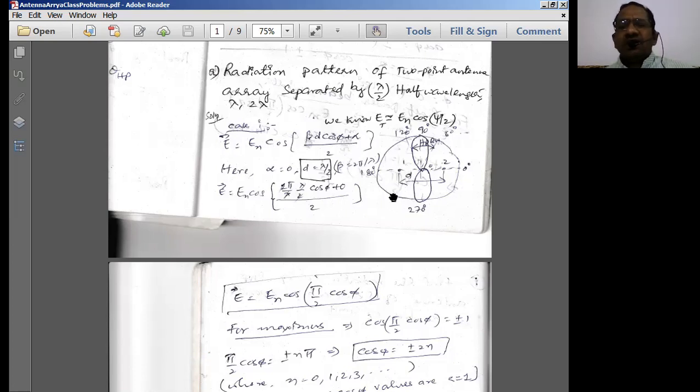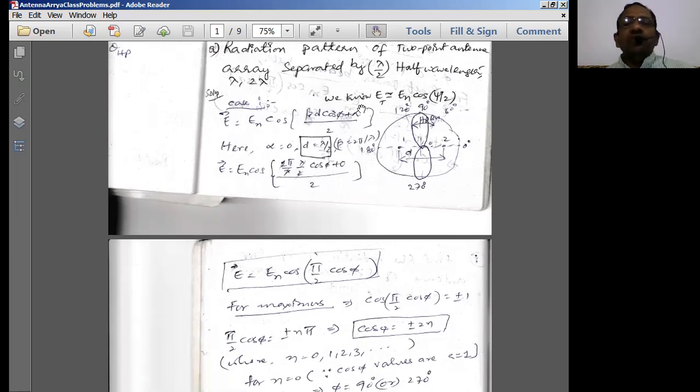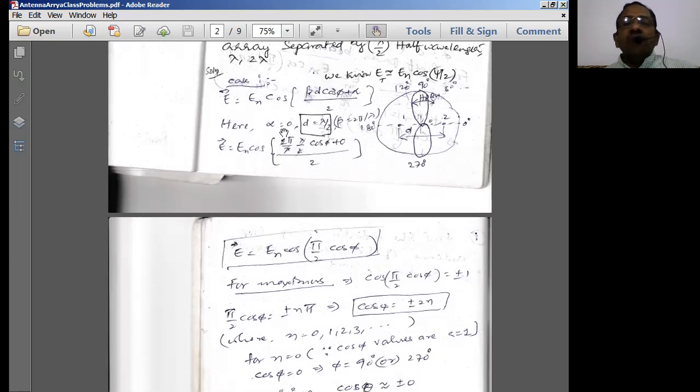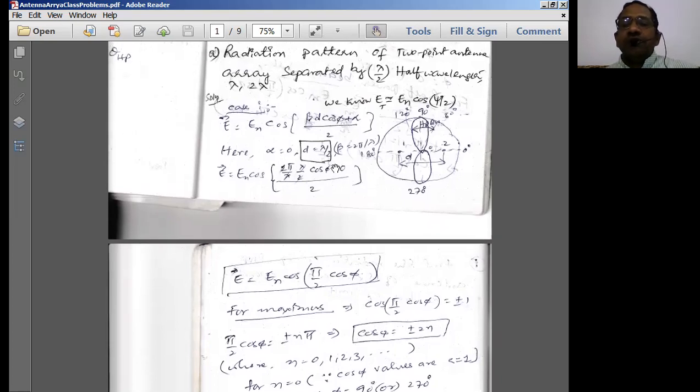The concept is going to be very, very simple for us if you know these two equations. Now here alpha is usually 0. When there is no phase change, we assume that ideally there is no phase change between the signals of the various antennas used in the array. Therefore alpha is equal to 0 for us. Now the distance between the two antennas, d, is equal to lambda by 2. First case we'll consider. Beta is the phase constant, 2 pi by lambda, a formula we have to remember. Let us substitute d and beta in this formula, with alpha equal to 0.